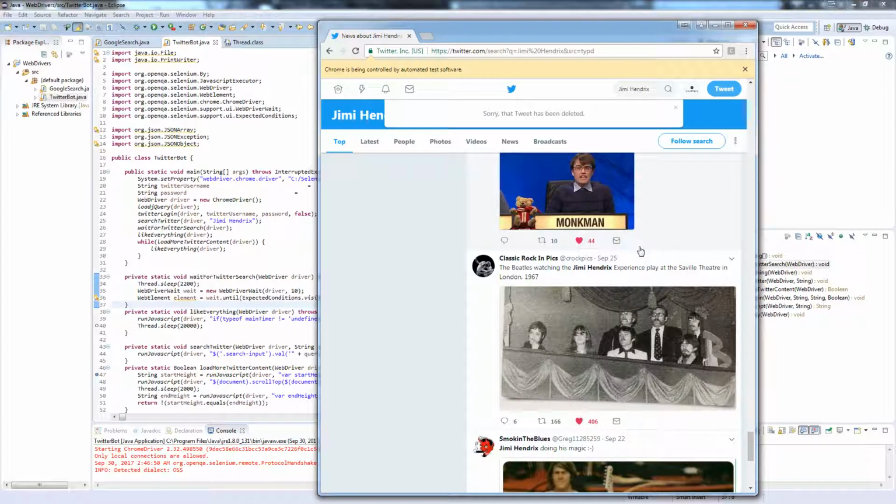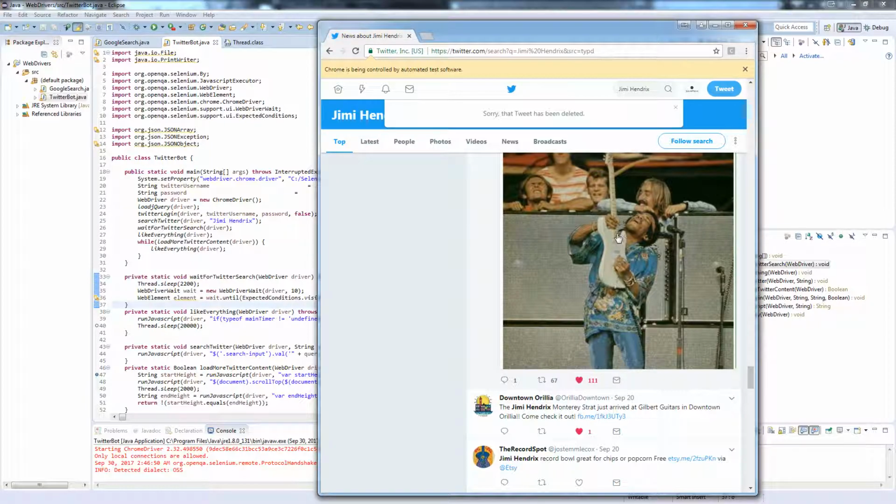So pretty cool, especially given the fact that this can be set up to run on a Linux server. So you could theoretically show a lot of love to whoever you want to show love to. So we'll let it run for a little bit. I should show you also the